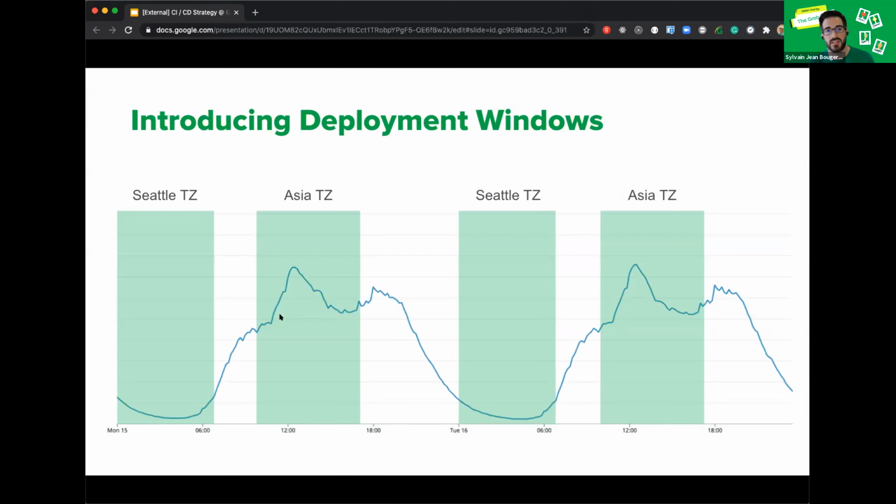And what you see on screen is the daily seasonality of our data. You can see during Asian noontime peak hours, people are making orders. These are also the times where we have the most people in the office in Asia. There is also a development center in Seattle, and there are a lot of eyes on the system during that time. So we decided to clamp deployment windows only when we knew people were behind their desk or behind their computer, now that we're mostly working remotely. That allowed us to ensure that if anything goes wrong, we don't have to wake up anybody. And therefore, deployment always happened a bit more securely.